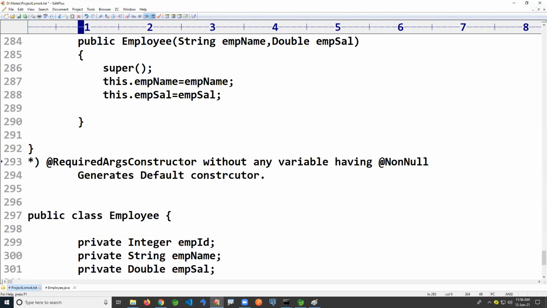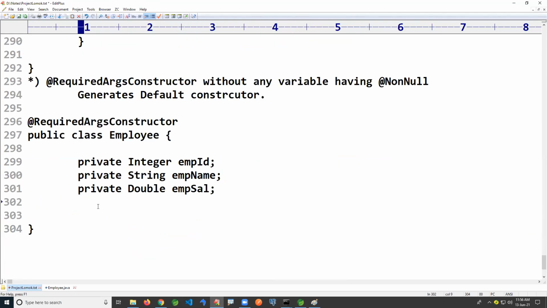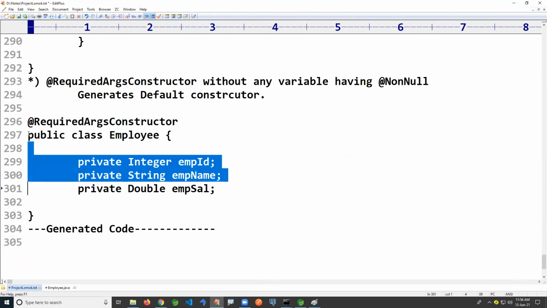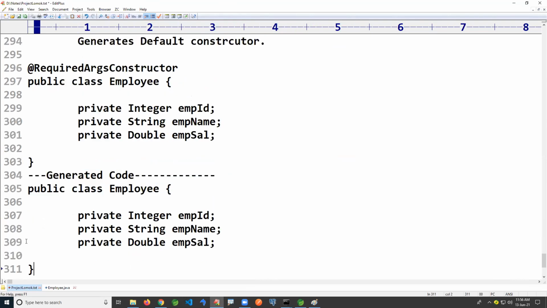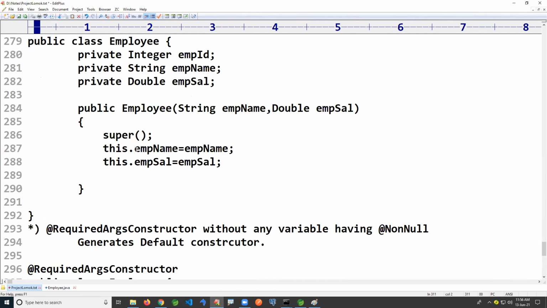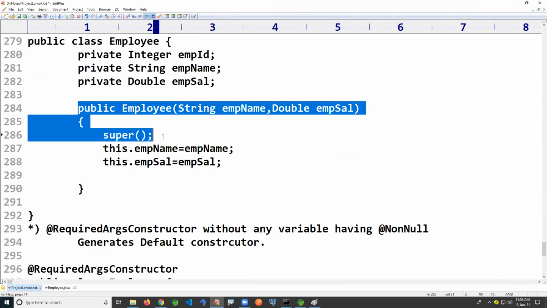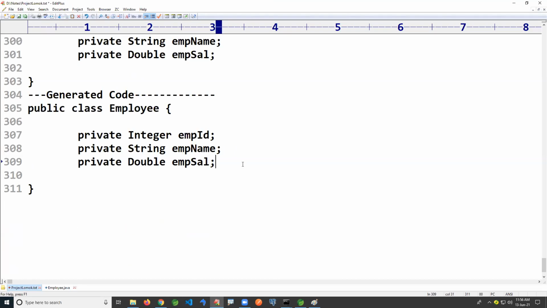Remember, variables are there, but @NonNull is not. This is the code, and you can see the generated code. It's actually generating a default constructor.